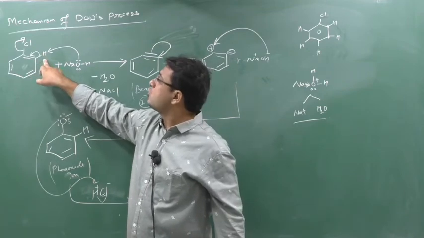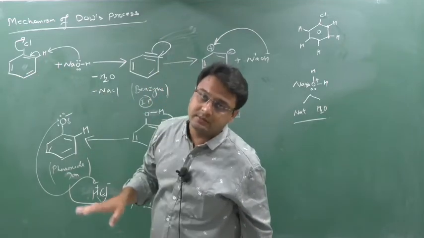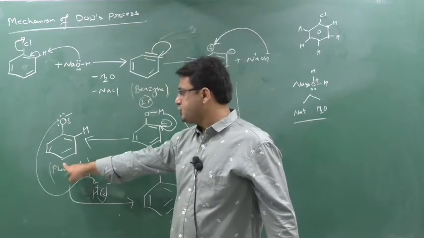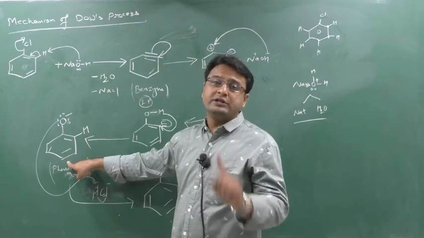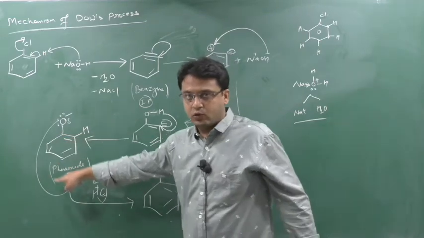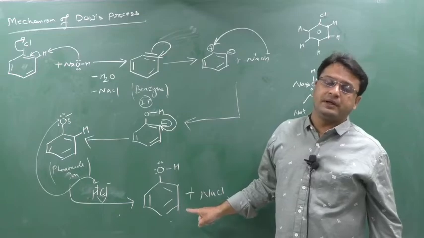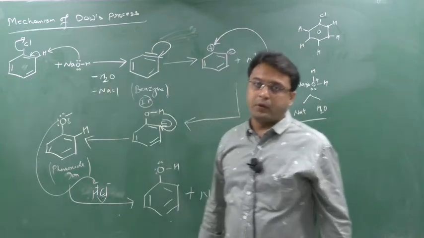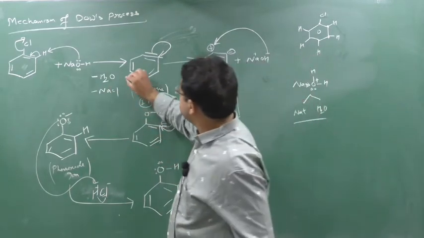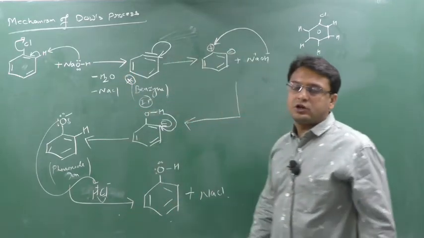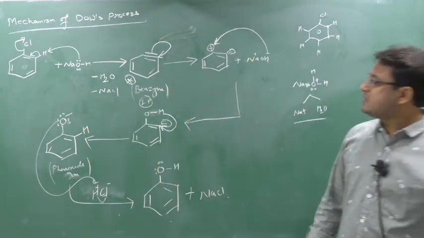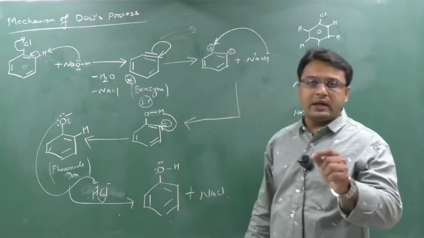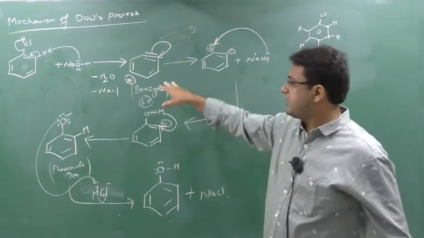Due to this reason, the ortho hydrogen is considered in the mechanism of the Dow process. In the first step, only the phenoxide ion will be generated. After the formation of phenoxide ion, the generation of phenol takes place. Directly from chlorobenzene I cannot prepare phenol. Point number 3. Who is the intermediate here? This is the intermediate produced during the Dow process, known as benzyne. Why benzyne? Because of the alkyne: there is a triple bond between these 2 carbons. Triple bond means yne. So this is the intermediate product.